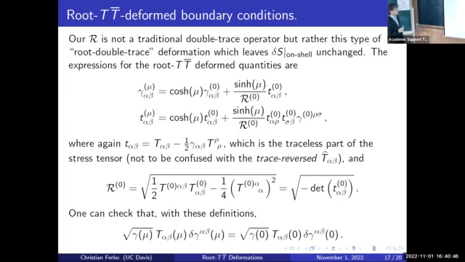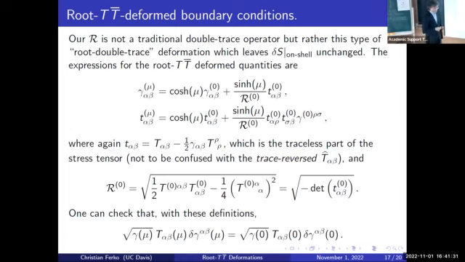The change in boundary conditions which have that property is that they leave the variation of the bulk on-shell action, which looks like this, T delta gamma, unchanged. So it's the same in both the mu-dependent and the mu-independent undeformed variables. The solution which does that is this. Just as in the TT bar case, when we were holding fixed a combination of the undeformed metric and stress tensor, now we hold fixed this combination, gamma mu alpha beta, which looks like this strange combination of a cosh times the undeformed metric and a sinh times the undeformed traceless part of the stress tensor. Again, this lowercase t is the traceless part, and r is the usual root TT bar operator, which appears in the denominator.